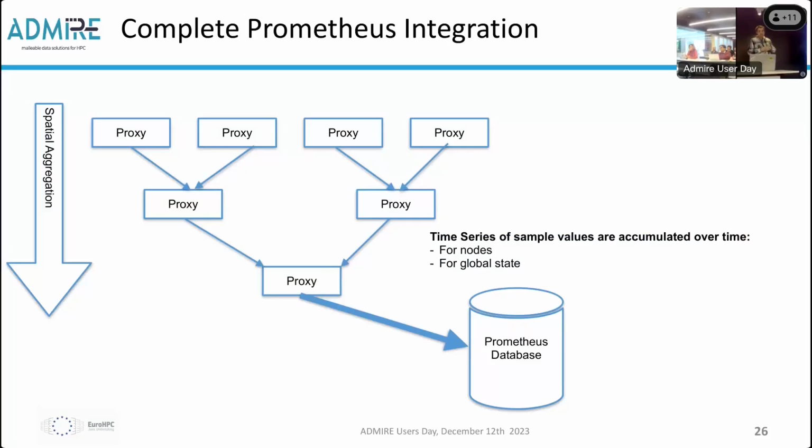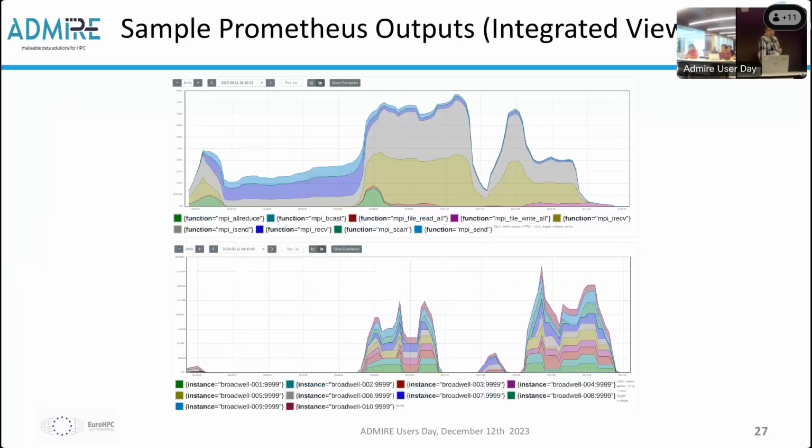This allows a temporal storage of the various events in the full behavior of the machine. And of course, once you are in Prometheus, you can have the views from Prometheus, which are well known and classical. Here you have the view inside the embedded web server for Prometheus. At top, you have the total bandwidth for various MPI functions. So this was like 5,010 nodes. And in the bottom, you have the syscall write bandwidth per node. So you see the kind of projections we can do using these features.